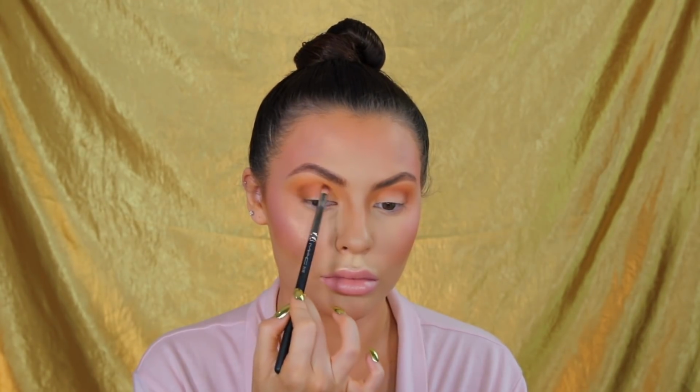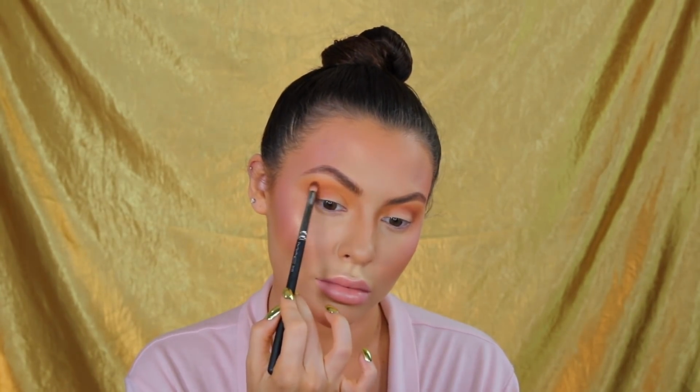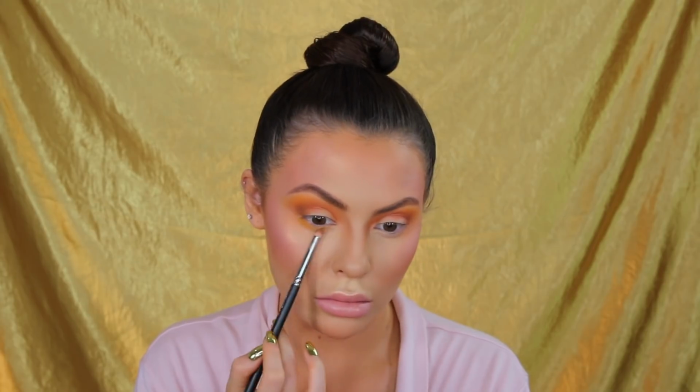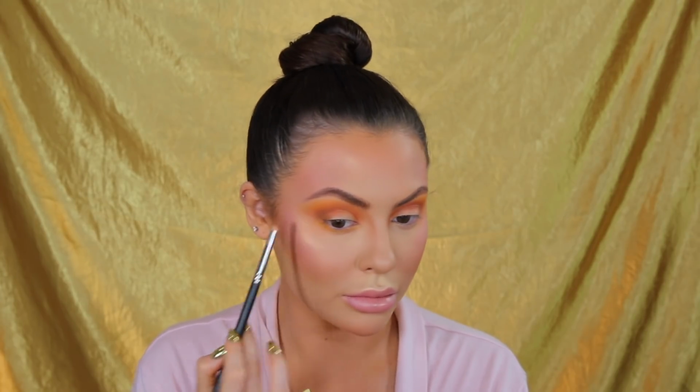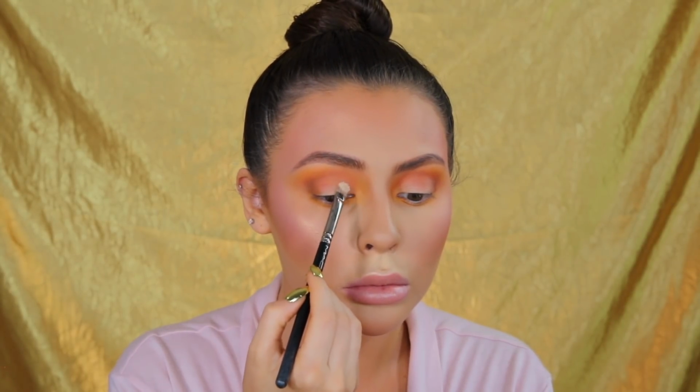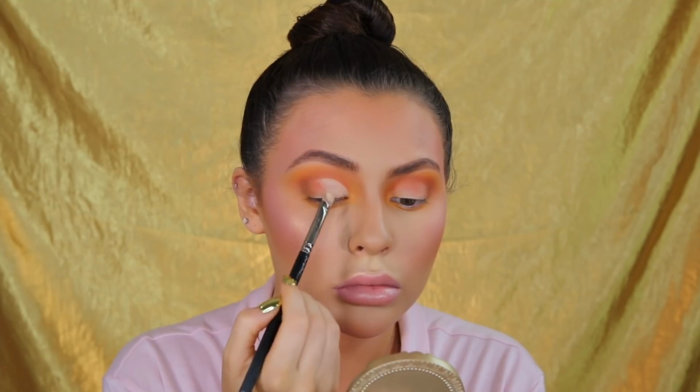Then we're going to be deepening up that crease a little bit more, so I picked up some of the matte brown with a smaller shading brush, and we're just blending that in. And then I'm also applying a little bit more yellow onto the bottom lash line. Bam! Sunflower eyes. Picking up my Jouer concealer and a flat brush, I'm going to carve out the shape of my eye,